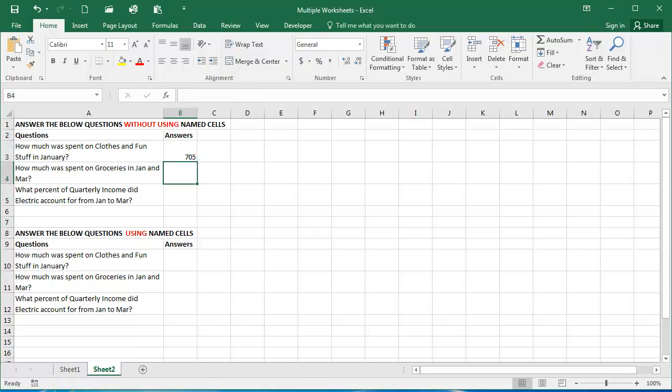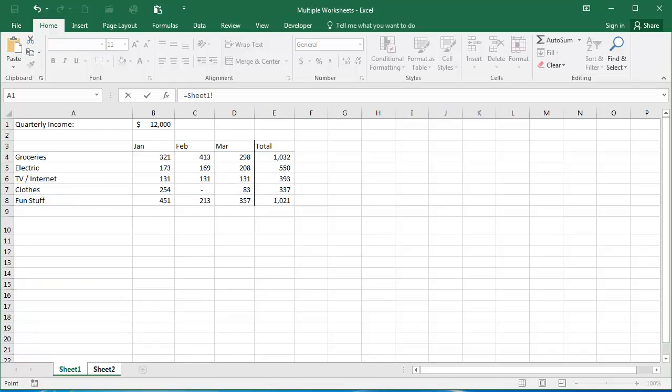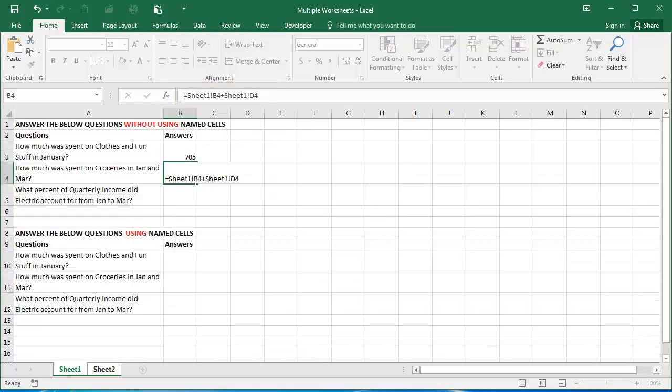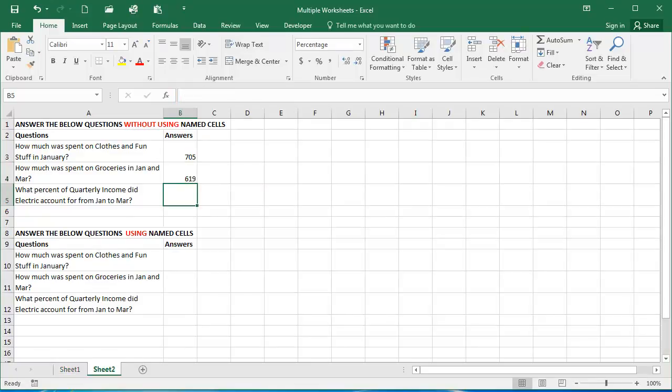I'm going to click in the answer cell here. I'm going to type an equal sign and click back to sheet 1 where my data is. I'm going to click cell B4, going to type plus, and then I need cell D4, which is March groceries. I'm going to click that. You'll see again my formula here in the formula bar. I'm going to press enter, and it's going to bring me back to sheet 2 with my answer here, $619,